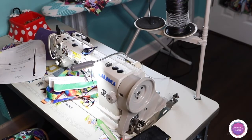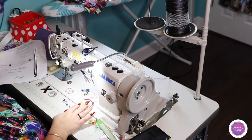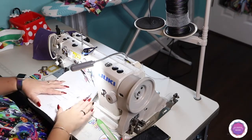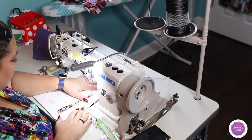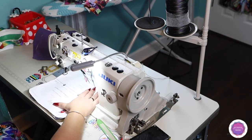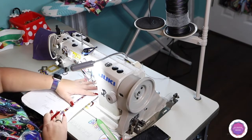Let's grab first the back piece to create your zipper template, your zipper opening here. So place your pattern piece like so, and let's see, I think red might be the best one to visible there. So you're going to draw your